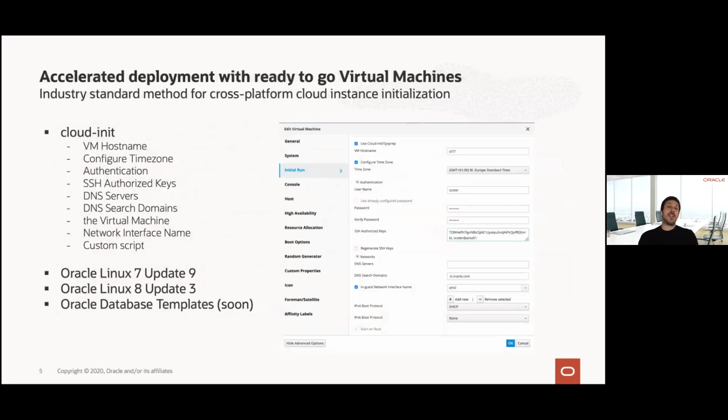Another important topic related to Oracle Linux KVM and Oracle Linux Virtualization Manager is that we worked on templates, or virtual machines ready to run on top of Oracle Linux KVM. So today we have templates dedicated to the pure operating system, or guest operating system, like Oracle Linux 7 Update 9 and Oracle Linux 8 Update 3. But at the same time, soon we should also announce and make publicly available the Oracle database templates.